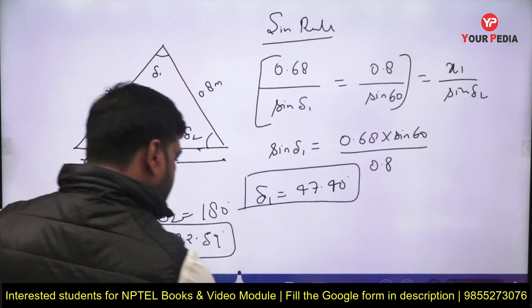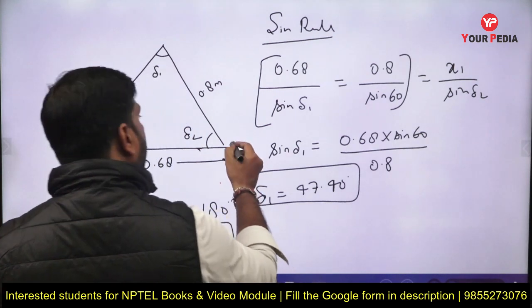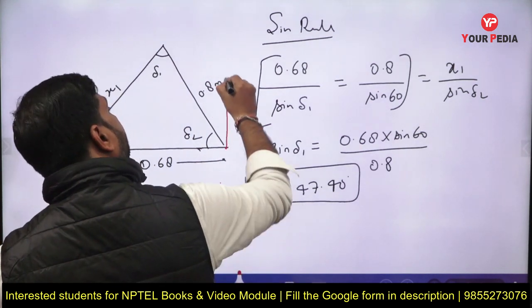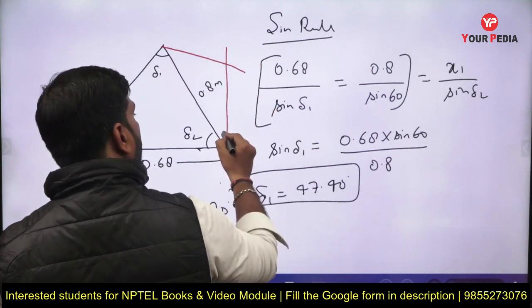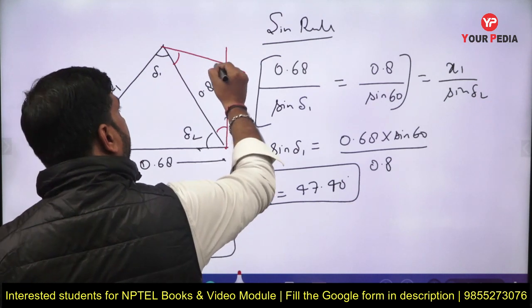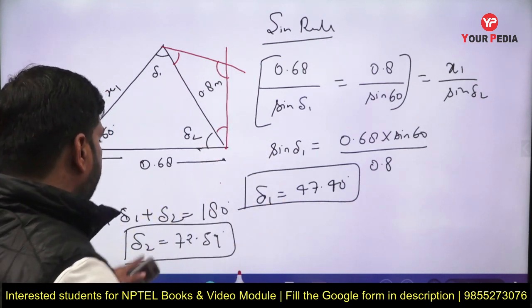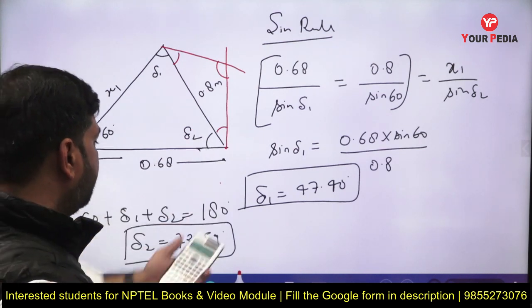Now what will you do? What is the use of that? So you can see here that there is a slider here. So now you can find out the angle of this one and this one and this one. So now you have the values of delta 1 and delta 2. So this one value comes to be 90 minus 72.